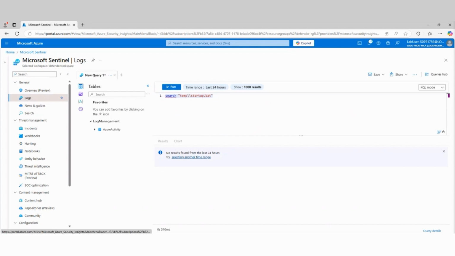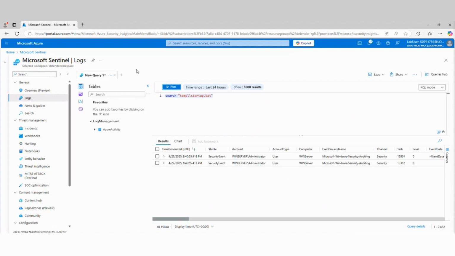And we're looking at the KQL query here. So now what we're going to do is go in and see if it has generated data. Now keep in mind, this may take a few minutes for it to appear, but eventually it will. So notice here, it's showing events that have occurred. This is data that was found in our log analytics workspace as part of this. So we're looking for temp/startup.bat.